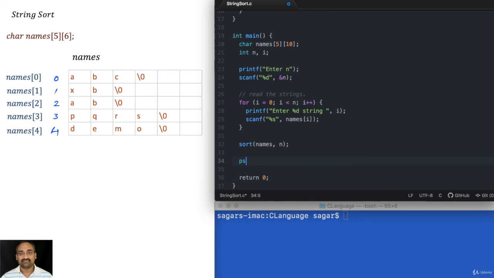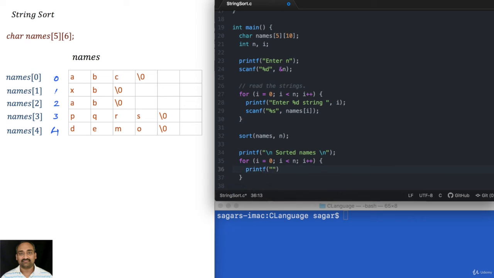Now let us print the values: names of i. That's it. So this is the print logic, and this is the sort logic.